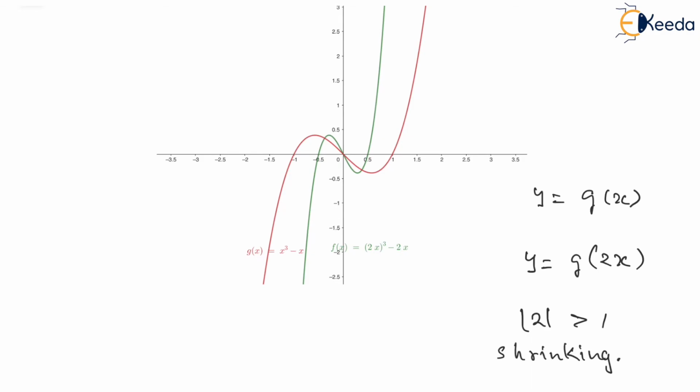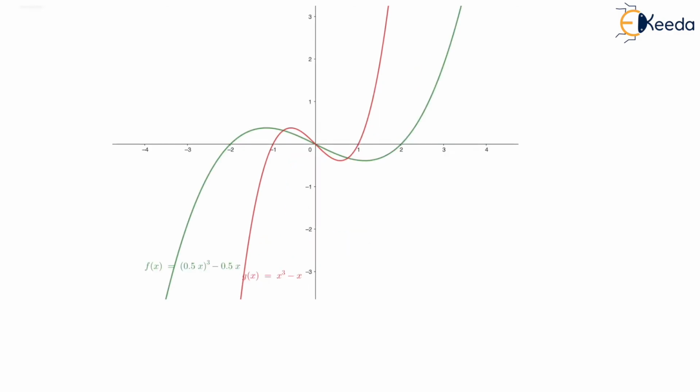The possible roots can change in this case, unlike the previous one, and we can see that the value which we were getting, let's say the initial roots were minus 1, 0 and 1. Now the roots have shrinked and has become minus 0.5, 0 and 0.5. So we can clearly see that the graph has shrinked horizontally.